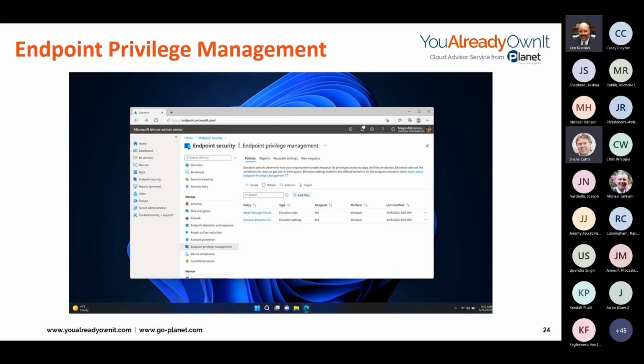So here's one I'm excited about: endpoint privilege management. This is one of the most exciting announcements, I think. Shane, what do you think? Especially when you're looking at zero trust, right? I think that a lot of people are going to like this. Based on my conversations with customers, I think they're going to like it,